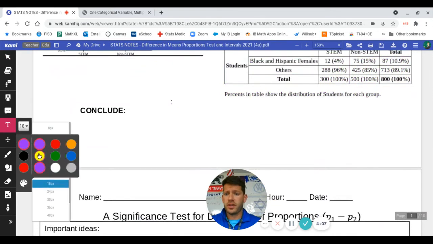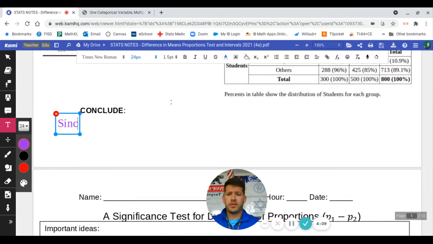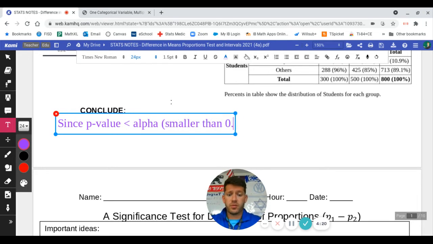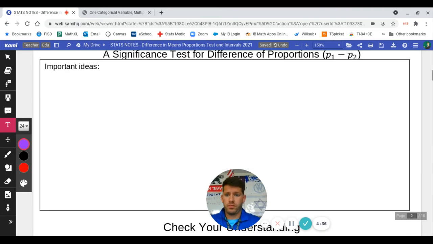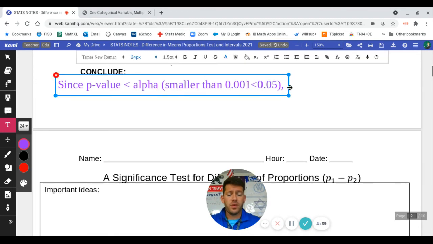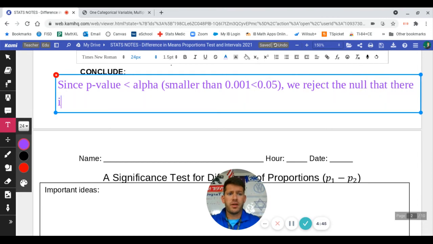So we can conclude and say that since the p-value is less than the alpha, and that was smaller than 0.01, is less than 0.05, then, let's see here, since that p-value is less than the alpha, we skip down to the next page. We reject the null, that there is no difference